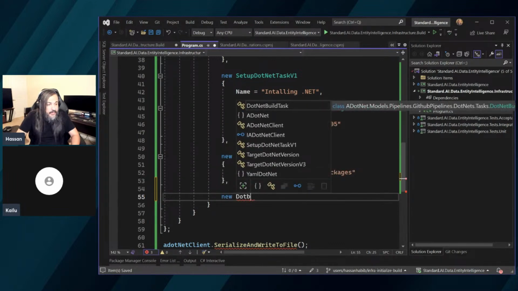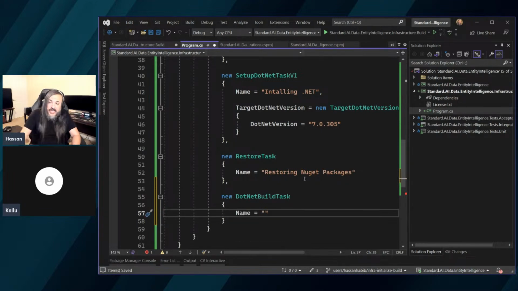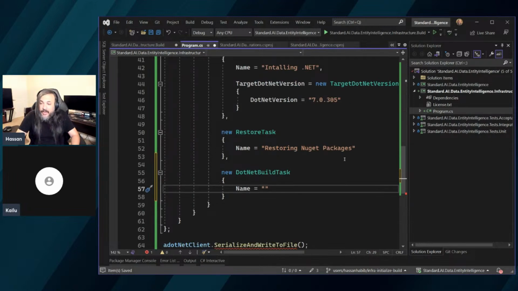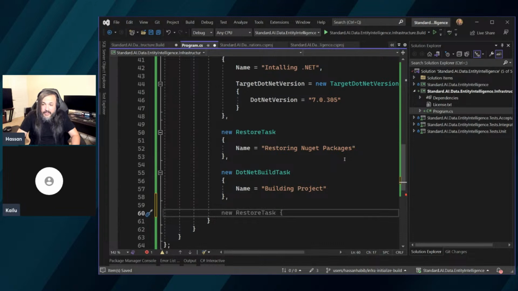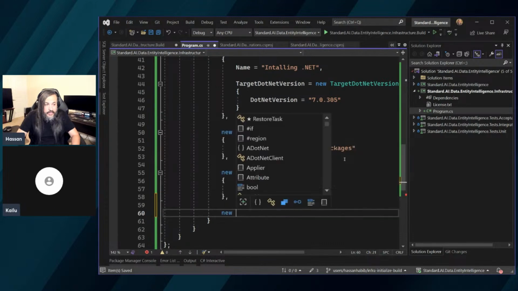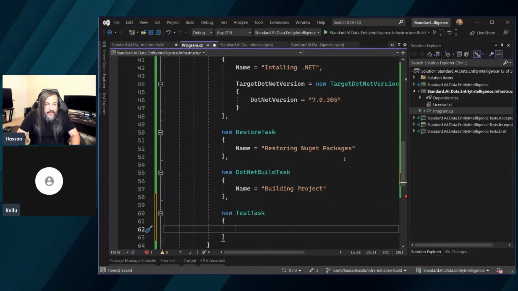And then let's build this .NET build task. Here you go. So this is basically just, it's really writing the code for you. As you can see, I'm just really adding the most minimal amount of configurations and details possible, right? So this is building projects. And then the last one would be the test, which is us basically wanting to run all the tests on this project. So test task, right? And this is here running tests,